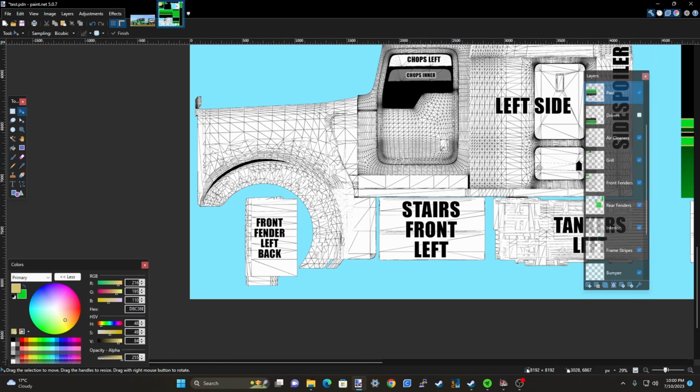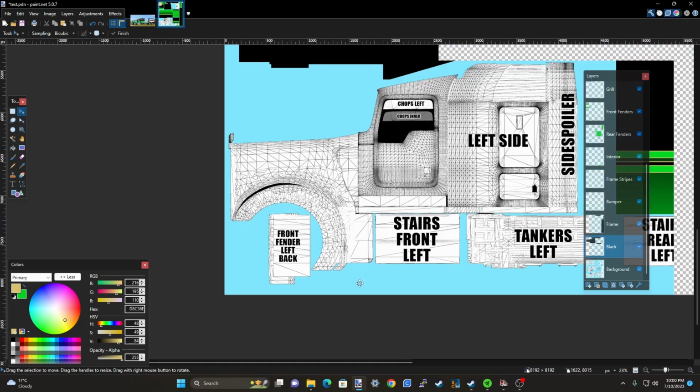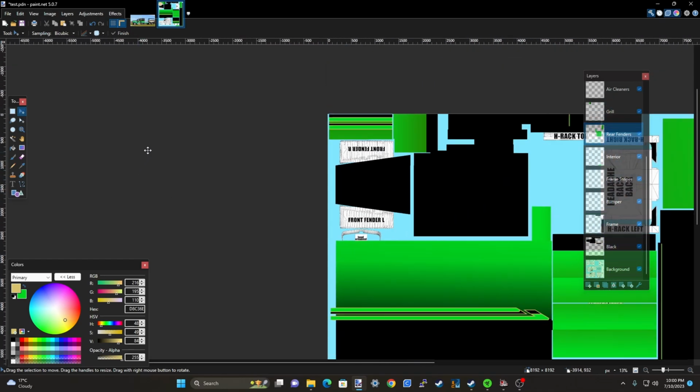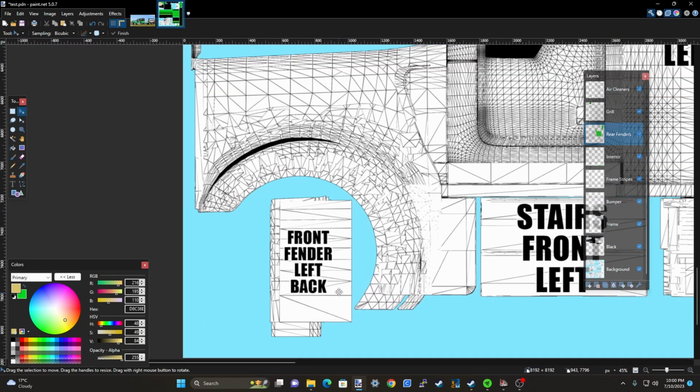Okay, now the way we're going to do this black, we've got a layer here called black, and we've got front fenders. We'll just delete that, so that's gone now. We just got to make all of this black, and this in here black. So the way we're going to do this, here's a handy little tool for us,